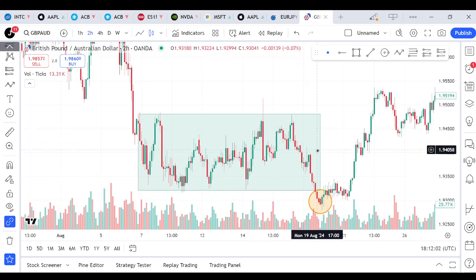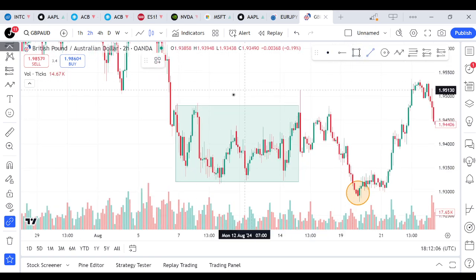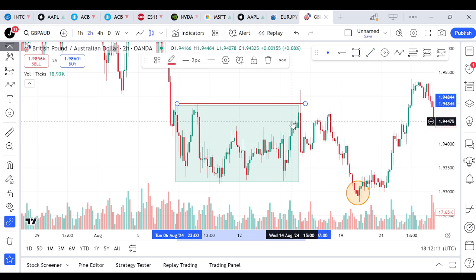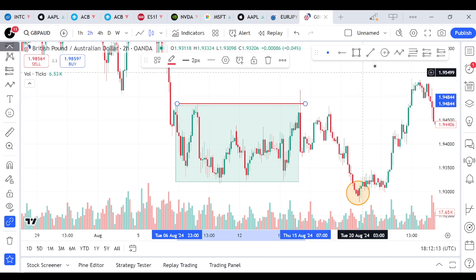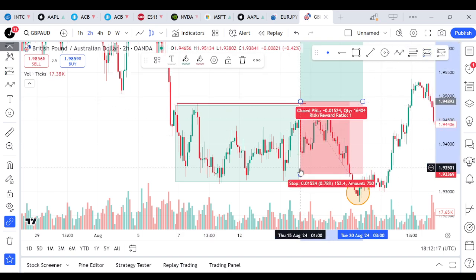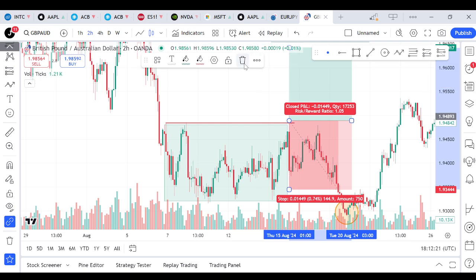We also have this here. This is another example. This is a major resistance level right here, but price just wicked out, and traders will have been looking to take long positions from this area where we had this fake breakout, and looking to buy. But you can see this is a fake breakout